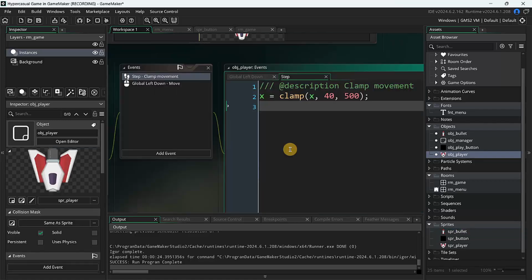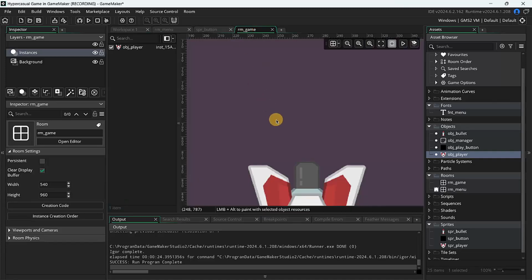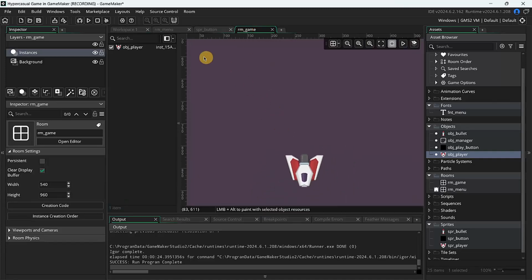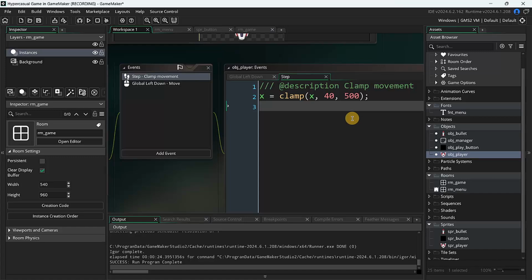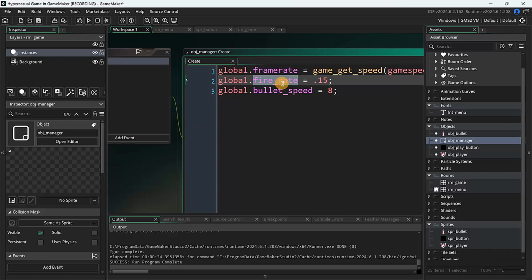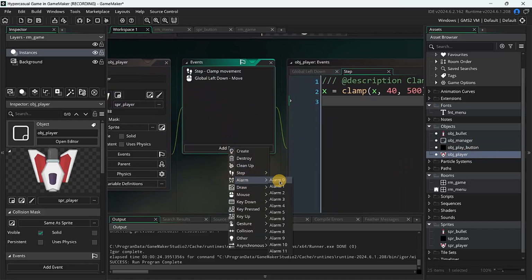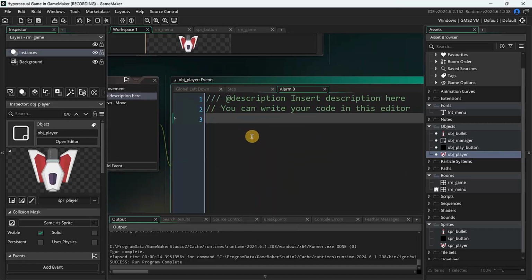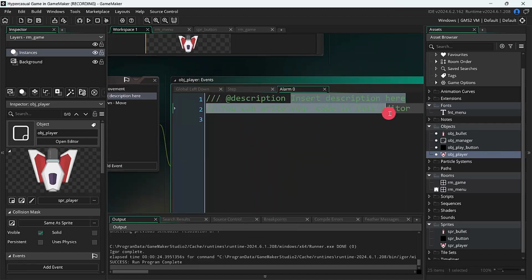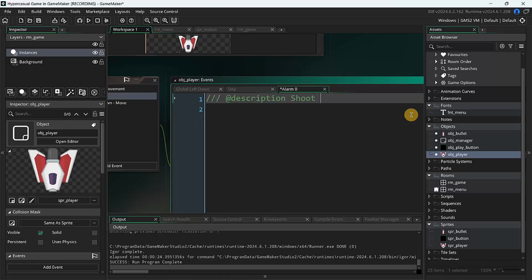Now, in order to start creating our bullets, because there are no bullets right now in the room, we actually have to instantiate these bullets. Instantiate basically means adding an object to the room, and we also have to take into account the fire rate that we defined, okay? So every 0.15 seconds there should be a bullet that is instantiated, and I will basically do this in the player. So I will go ahead and add the first alarm. Here in the description I would write something like shoot bullet,